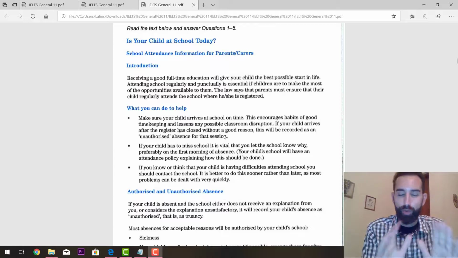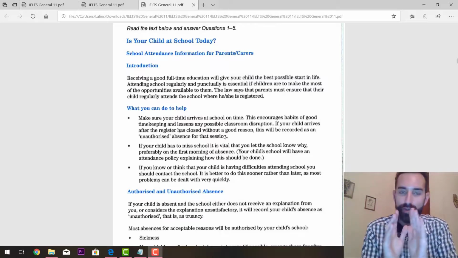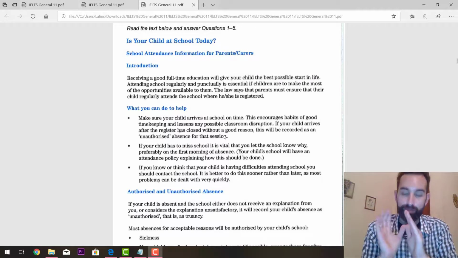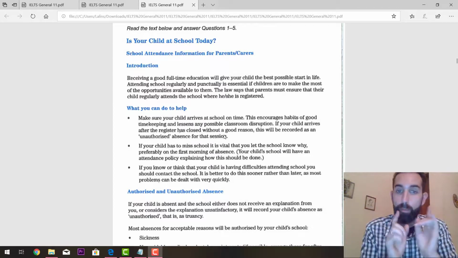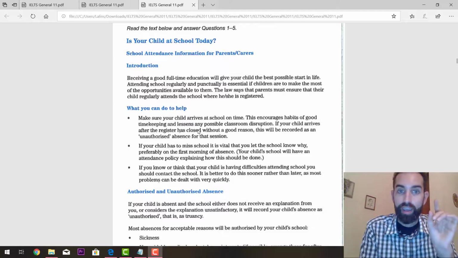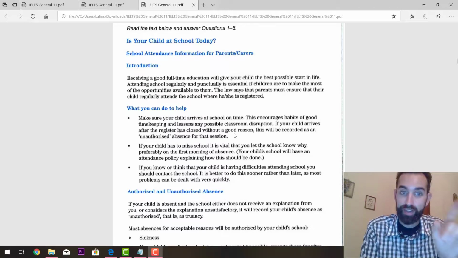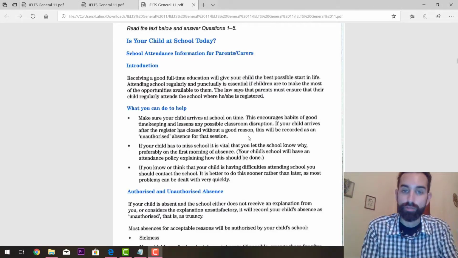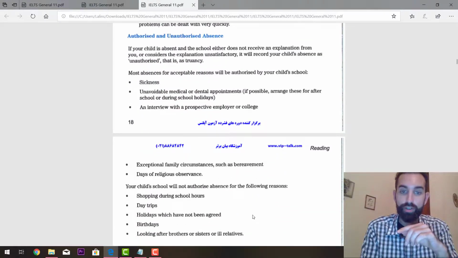Now see, the question was, all arrivals after the register has closed are classed as an unauthorized absence. But it is said here, if you have a good reason, then it's not unauthorized. It's saying if you arrive without a good reason, then it's unauthorized, which means that question 2,